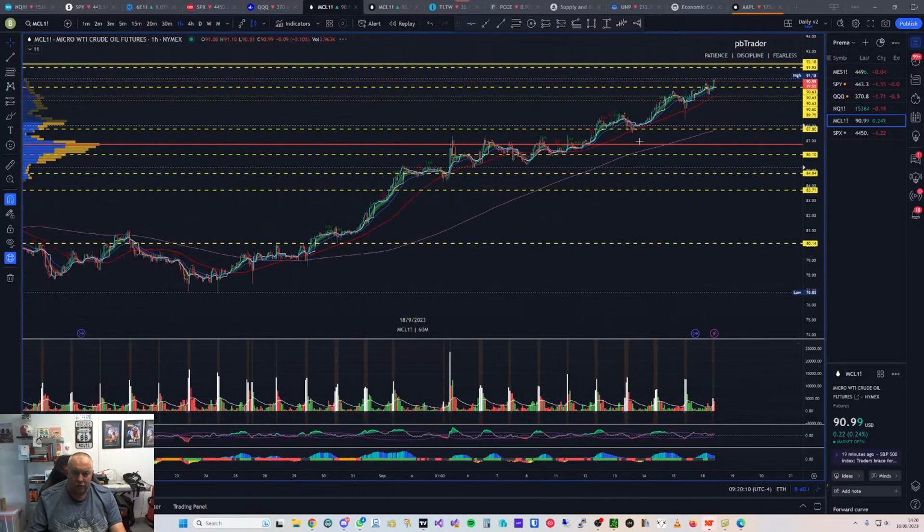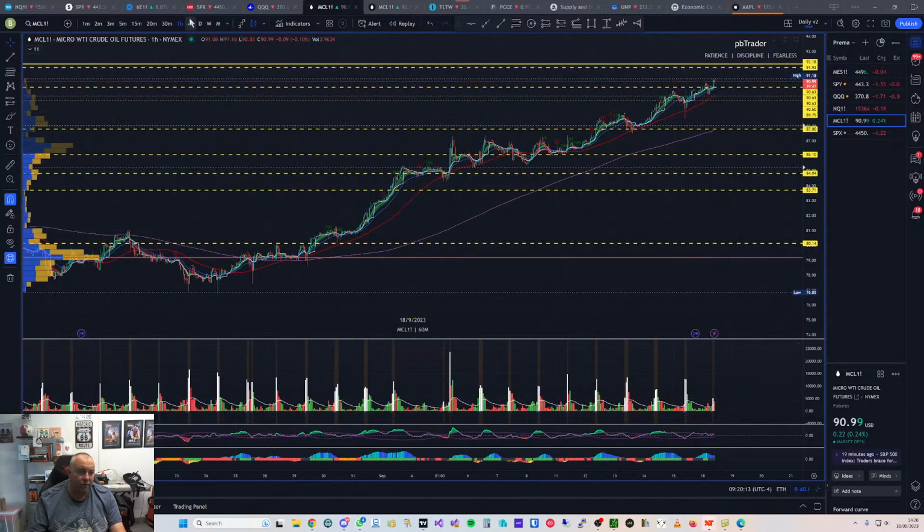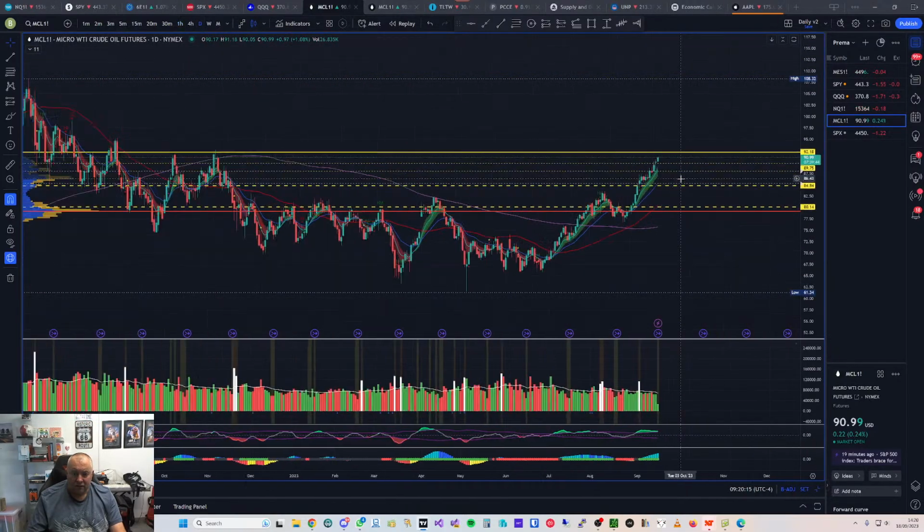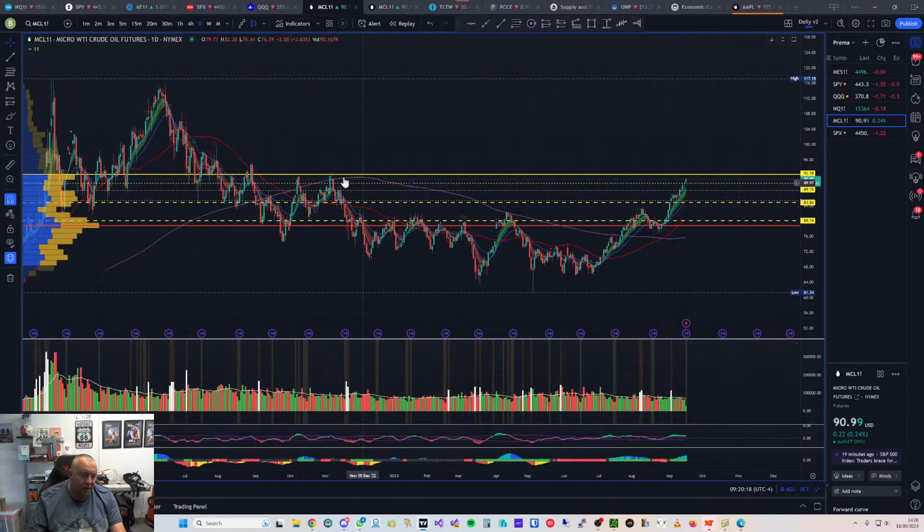I think if you watched the videos last week, I've been waiting. I'm going on the daily because it's clearer. We've got that daily level coming up, that daily level 92.18. There's a potential rejection area, and the last time it was up there we saw this big rejection, so that's an area to watch for. But what I'm waiting for is to continue this uptrend, and I want it to come back down to this area here, or better still down to this area here, and then for the move up. So this is the area I'm watching for,